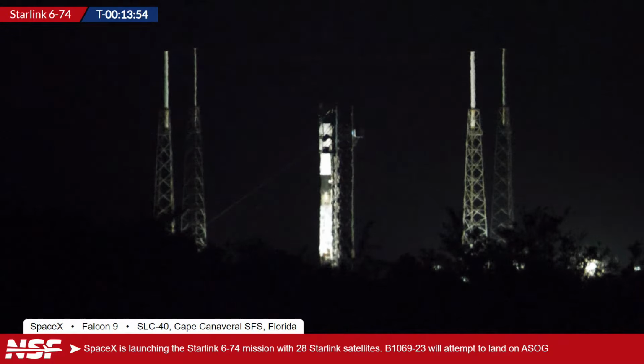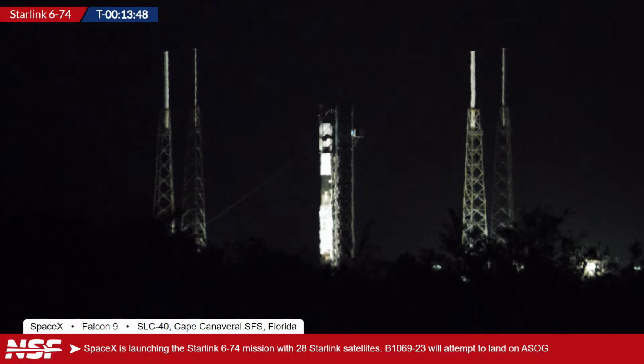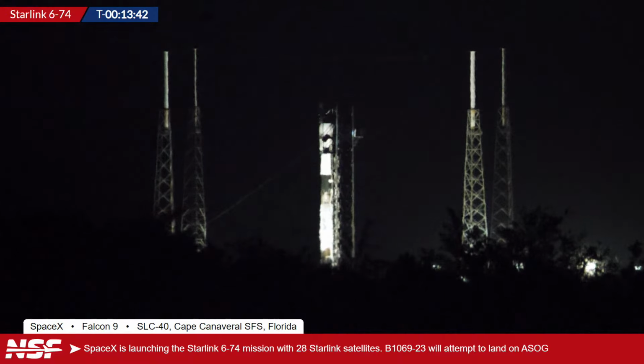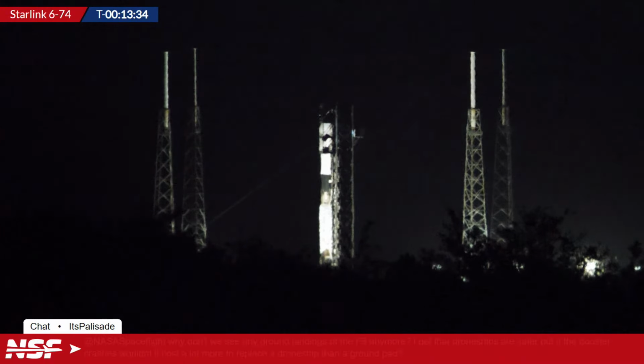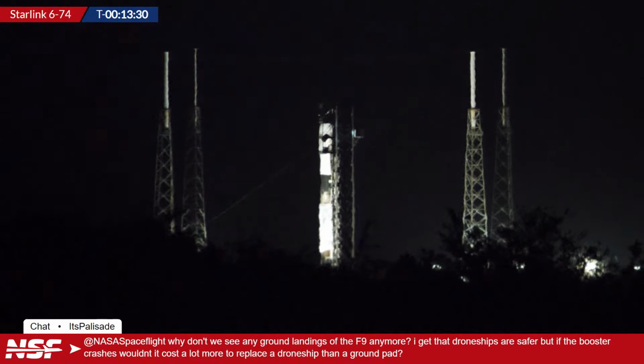Definitely. All right. Question here asking, why don't we see any ground landings of Falcon 9 anymore? I get that drone ships are safer, but it costs a lot more to replace the drone ship if the booster crashes. I believe we saw 2 back-to-back RTLS landings on Monday, right, Sawyer? 2 in the same day, in fact. Yes, one at 4:15 in the morning and one at 8:50 at night on the same day with CRS-32 and